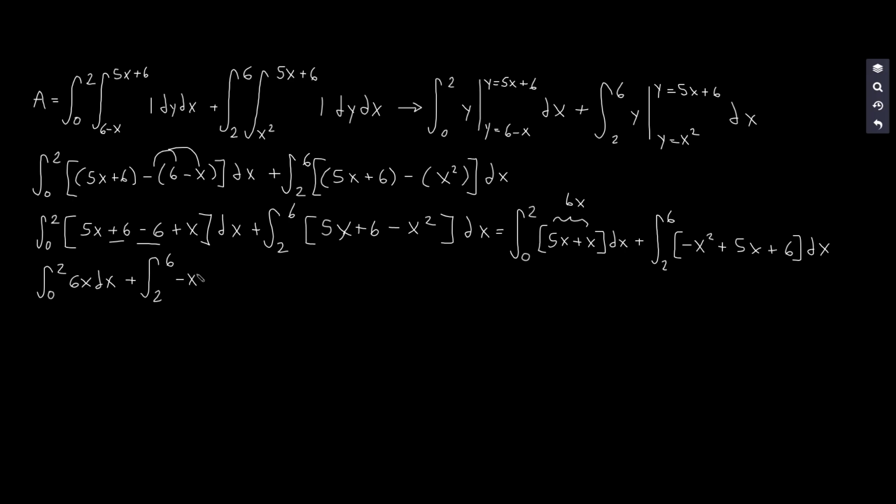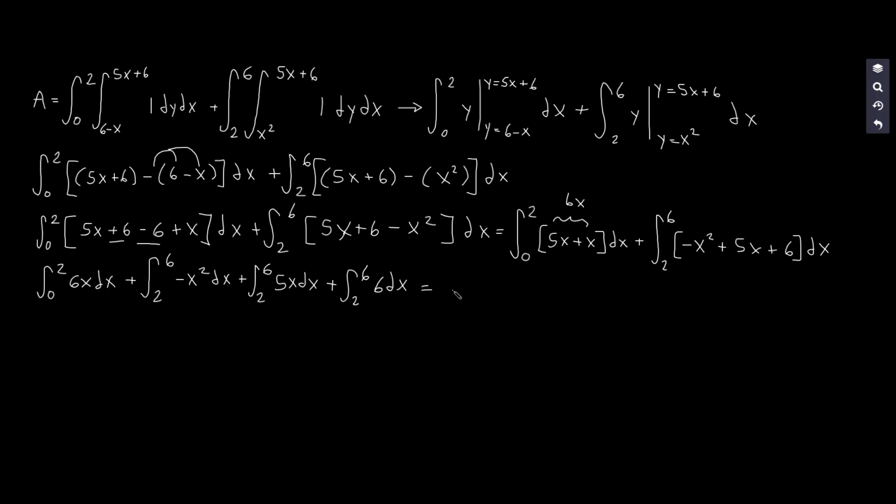I'm going to do this. Negative x squared dx plus the integral from 2 to 6 of 5x dx plus the integral from 2 to 6 of 6 dx. At this point, I'm going to evaluate this. So